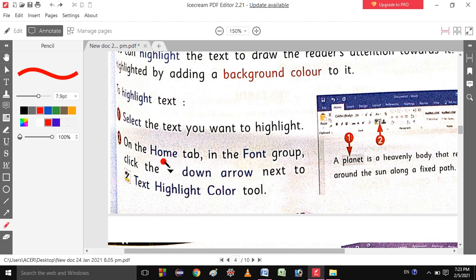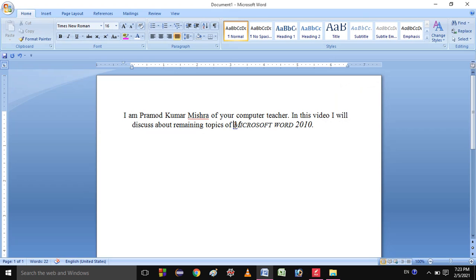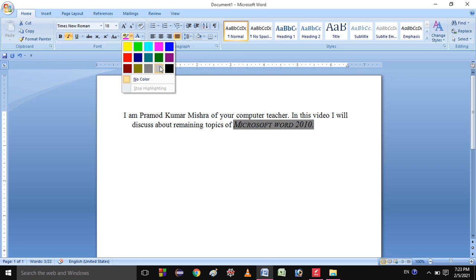Suppose I want to change the same text here, just select it, then home tab, then font group, and click on this. You will get a color palette. You can choose the color you want. Suppose I want a green background, I will click here.